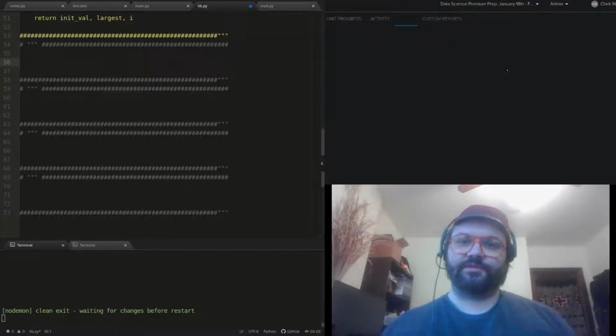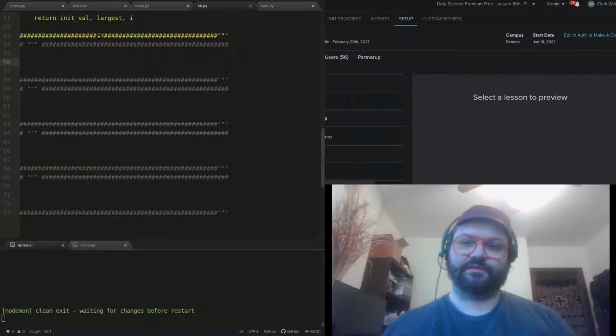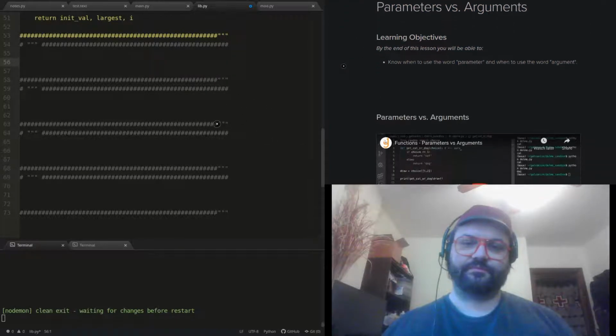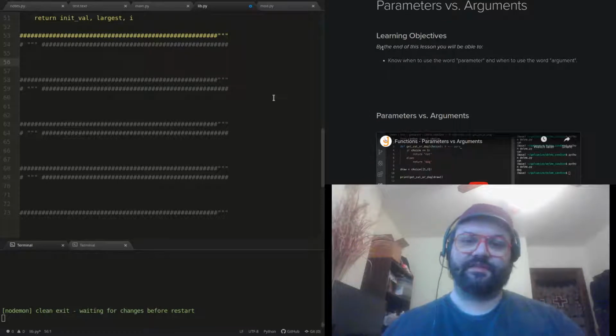Okay, parameters versus arguments. Of course, we did this. Parameters versus arguments. By the end of this lesson, you'll be able to know when to use the word parameter or use the word argument. So this is just going to explore a basic concept of functions